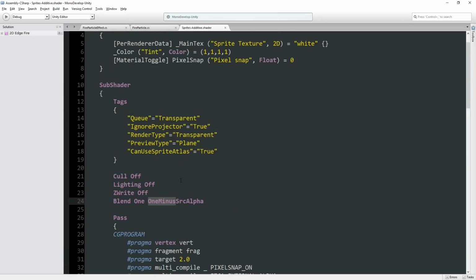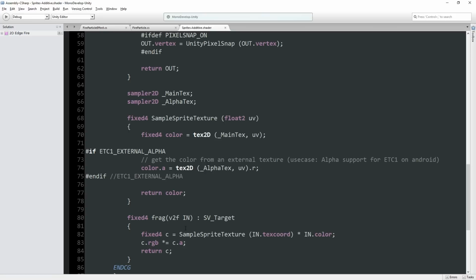So basically, if we're trying to draw a sprite that's got, say, 10% alpha, so it's only 10% opaque, right? 100% alpha, or 1.0 alpha, would be fully opaque, draw it completely. An alpha of 0 would be completely transparent and invisible. So let's say we had a 10% alpha, 0.1. So 1 minus 0.1 leaves 0.9. So whatever the background was, we're going to use 90% of it, and then we're going to add those two together. We're going to use the full sprite that we're drawing, but this doesn't include alpha information at this point,